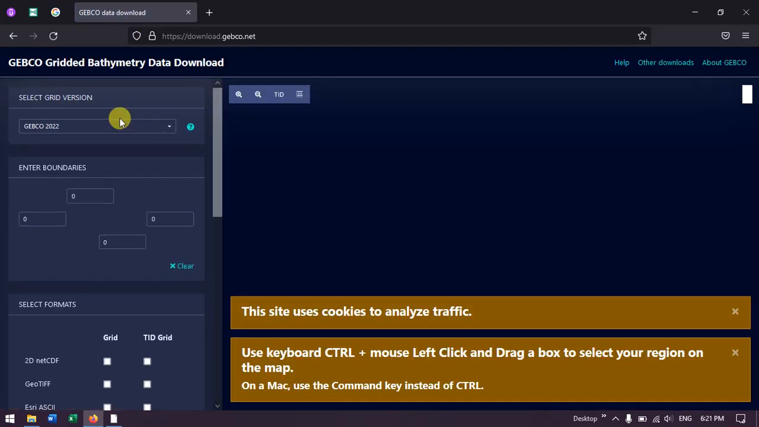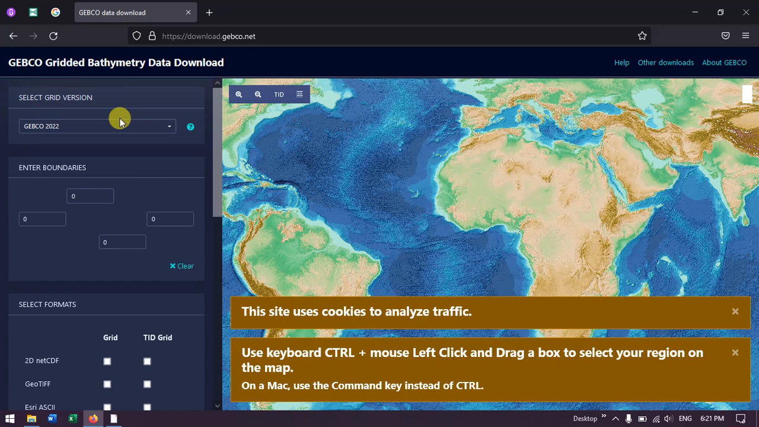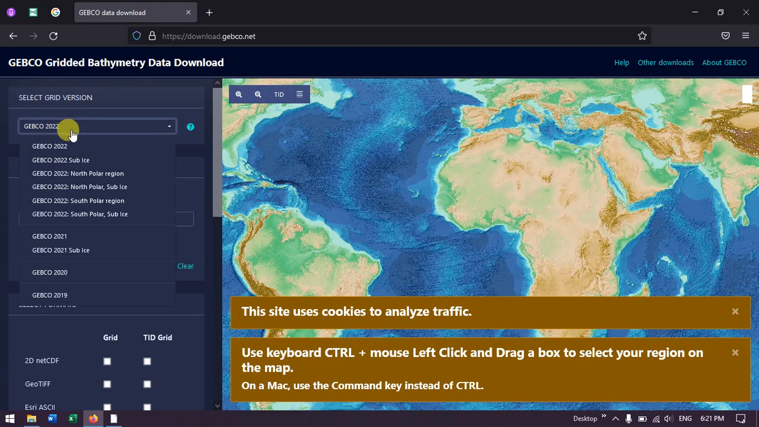Within a few seconds you could see the change in the interface, and we can select the grid versions. They have currently launched the 2022 version, so I'm going to select GEBCO 2022. If you want it for the sub-ice North Polar region, you can select accordingly. So here I'm going to select GEBCO 2022,